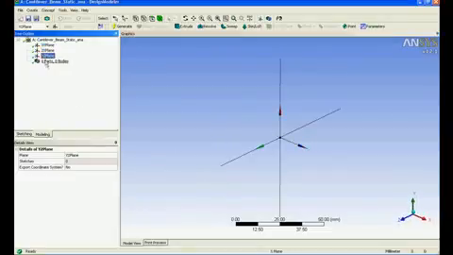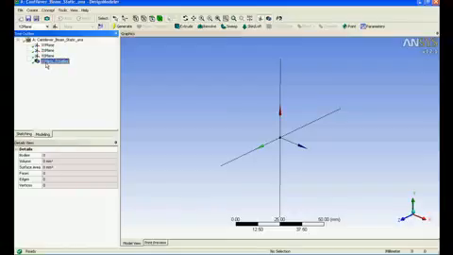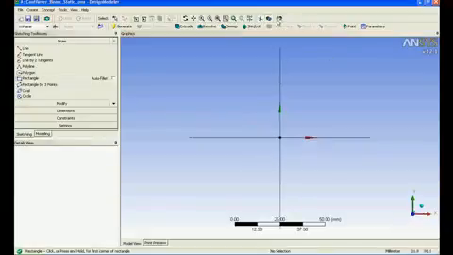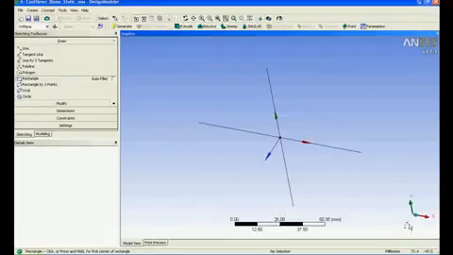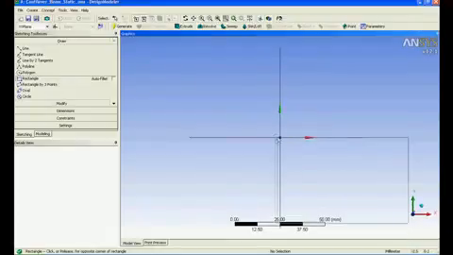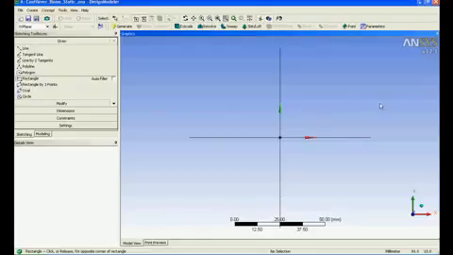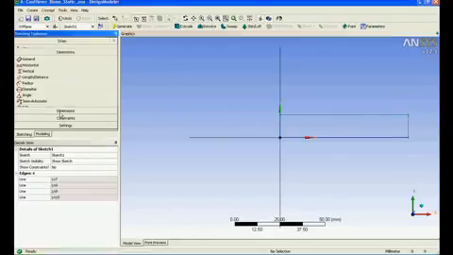Fine. So I have various planes over here, you can see them, and there are no parts or bodies at this point of time. So I'll just select the XY plane and go to sketch and I'll sketch it. If I click on this, I'll view normal to it, or else you can even double click on the coordinate axis over here. Fine. So I'll just escape out of it and I'll select the rectangle again, and I'll just drag and drop.